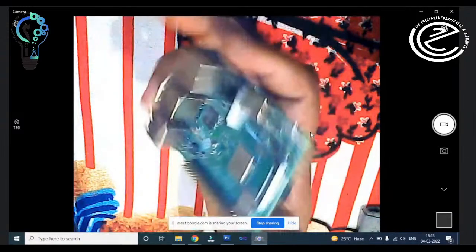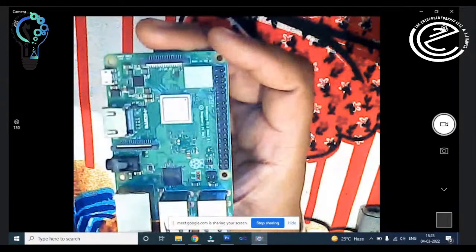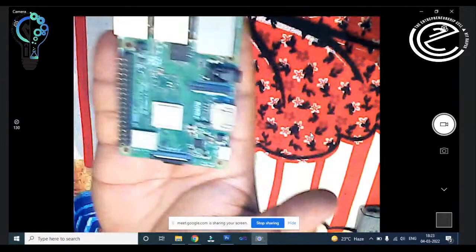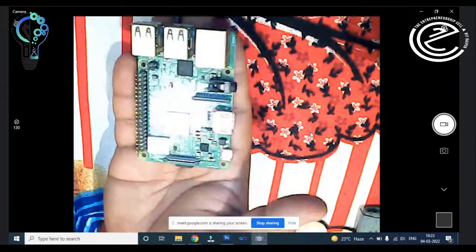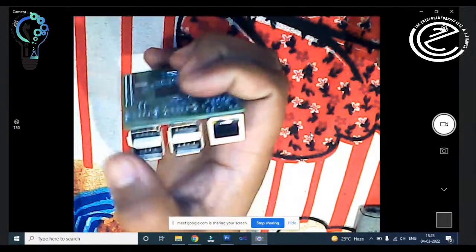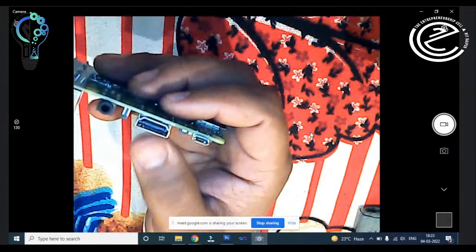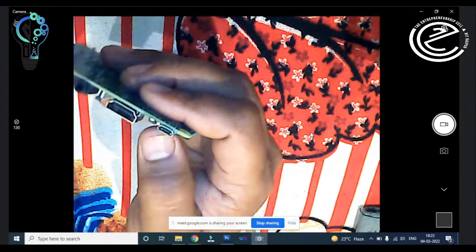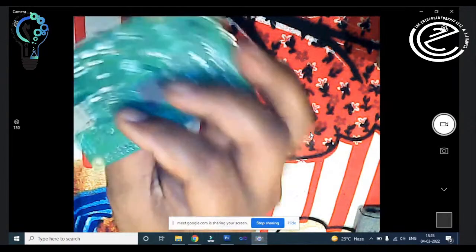So we have different versions of the Raspberry Pi. Right now I have Raspberry Pi 3.0 B plus, right? So this is a small board. You can see the board size, and you can estimate the size of the board through my fingers, right? So the board size is very small. It has a processor inside the board. We have 4 USB ports in the board, one LAN cable, right? One HDMI through which we can connect the display through this board. Then power port. This is for power. Audio jack, and you can see the card slot.